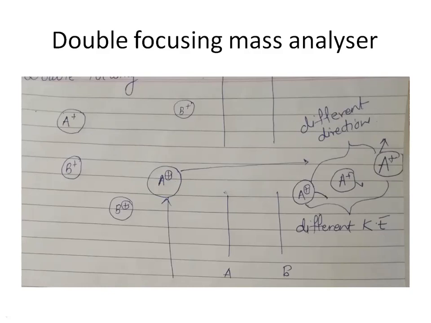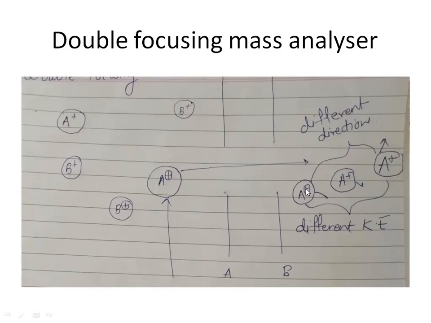So what is this? In a single focusing instrument, we have assumed that the kinetic energy of all molecules is the same. But as we can see out here, it is not the same. There is a little bit of difference in the kinetic energies of the ions. So naturally, if these ions are leaving the ionization region, ideally they should all travel as a packet. But what you can see out here is that some of the A's are traveling with a little higher speed in comparison to the A's which are lagging behind. We call this a kinetic aberration.